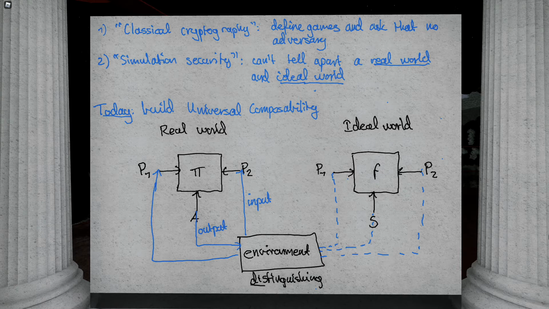So the adversary tries to provoke bad behavior. And in the example of a message, a bad behavior might be sending a message that was never input, right? If party 2 receives a message that party 1 never sent, that's bad behavior. So the adversary is trying to provoke this, and the environment is somehow trying to detect it. And we said that if for every adversary there is a simulator that can do the same thing in a perfect world, such that the environment can't tell them apart, then we will decide that this protocol is secure.